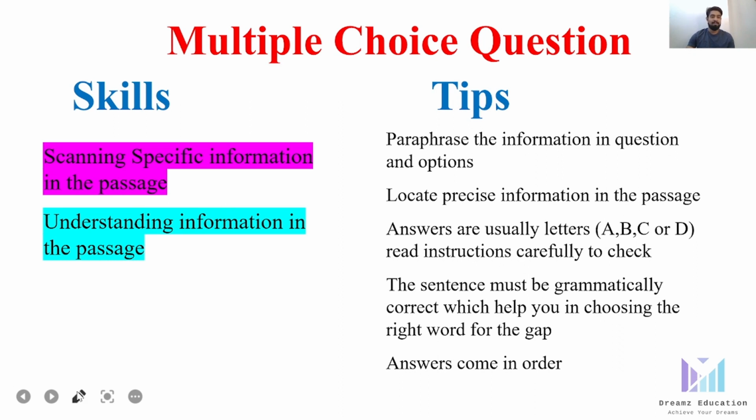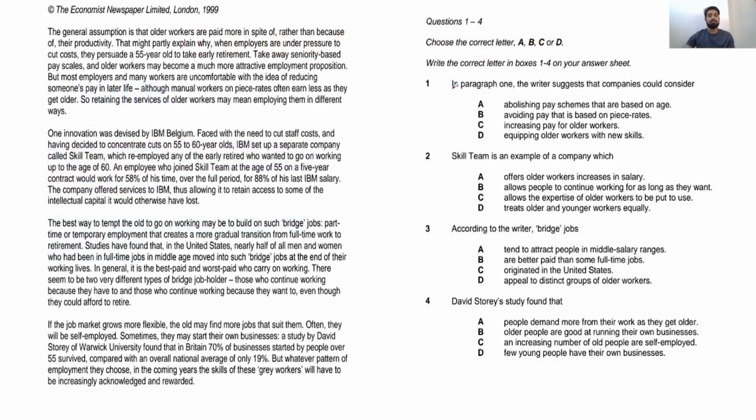Hello everyone. In this video we are going to discuss a type of question in IELTS reading, that is multiple choice questions. So what happens in multiple choice questions? The task is, they will give you a question and 3 or 4 options, and you have to find the correct option out of it. For one particular passage you might get 4, 5, 6